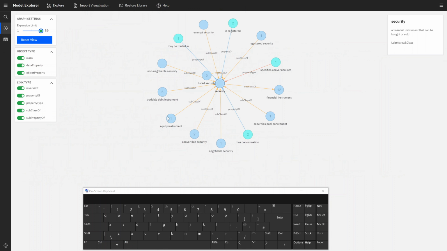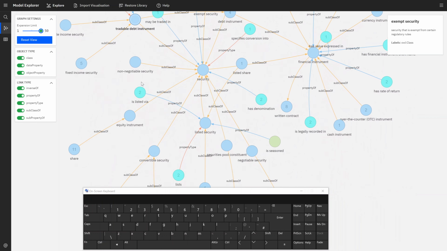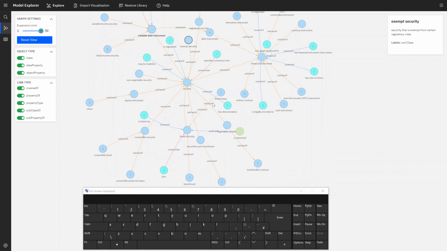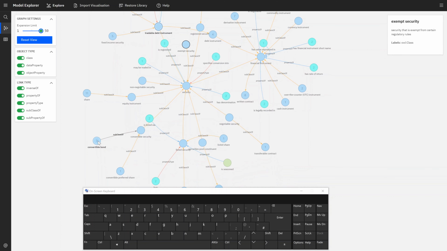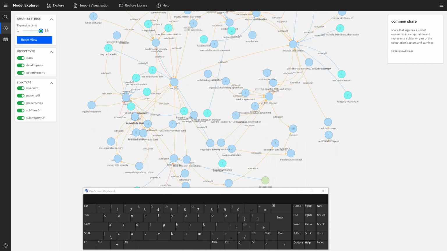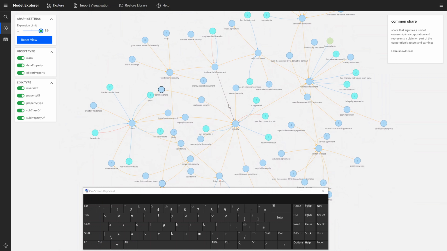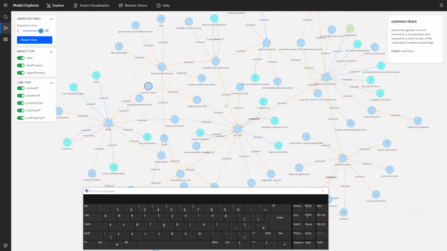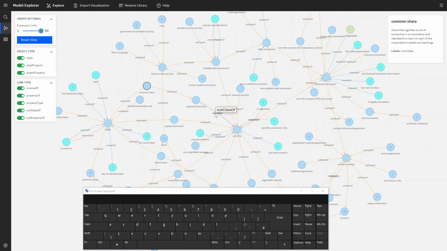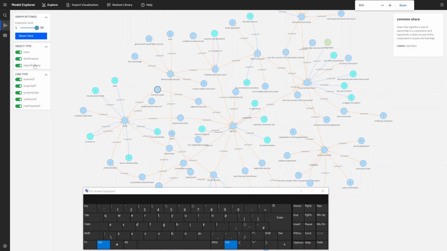Using zoom is useful. If I add more items on the screen, so I do a few bulk expansions using adding all neighbors of the classes using the shift key, it gets busier on the screen. I can zoom out. And sometimes you can see that based on the zoom level, the description of the types of edges disappears. But you can also, with the control key down, and I'm using the mouse wheel to zoom